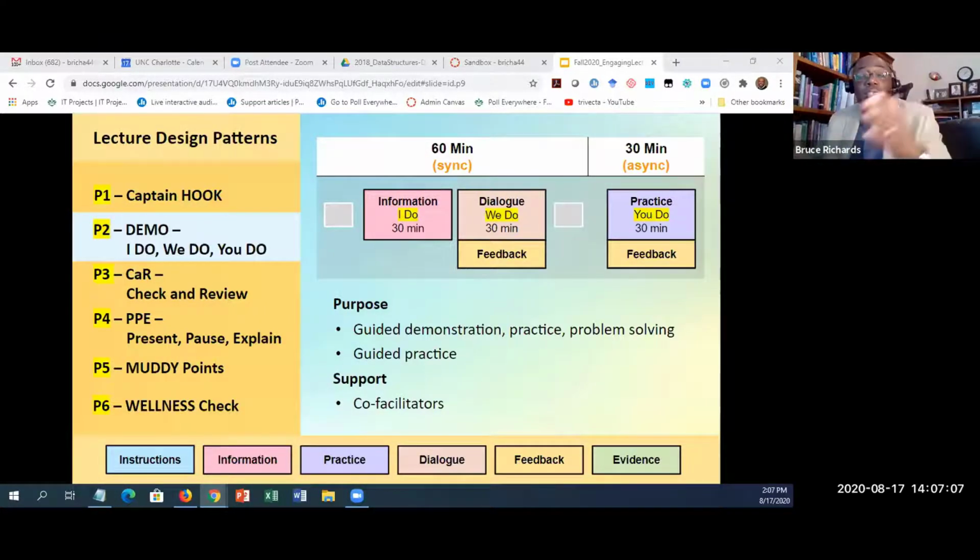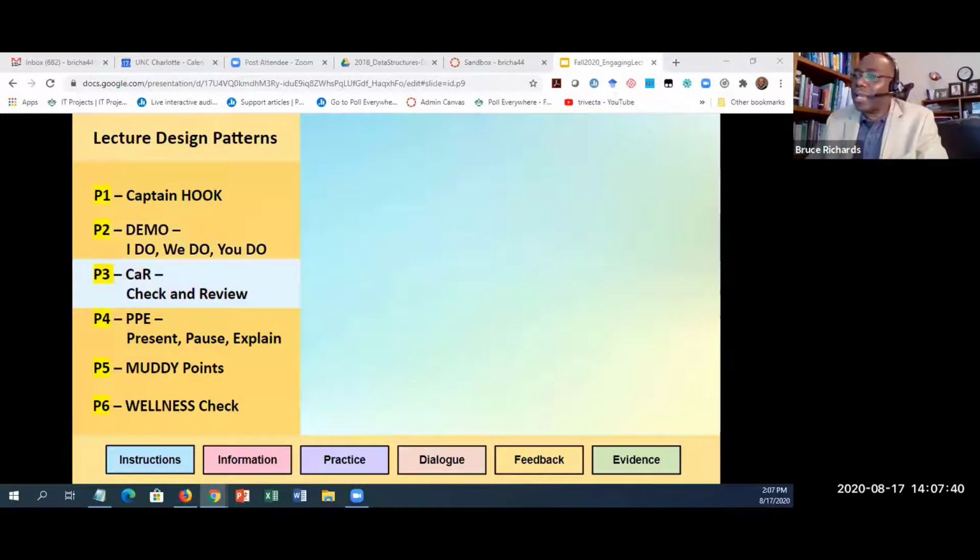Let's utilize the time outside, that asynchronous point, for the students to practice. And built into the dialogue and the practice is the ability for students to have a peer conversation with each other, and a conversation with you. We're building all of that into the I do, we do, you do. Okay? All right. I see smiles on people's faces, so let me move on to the check and review.